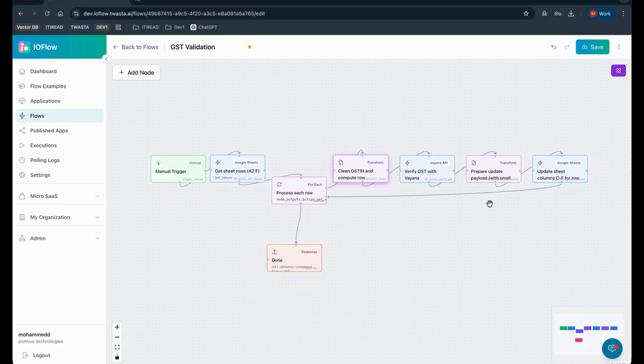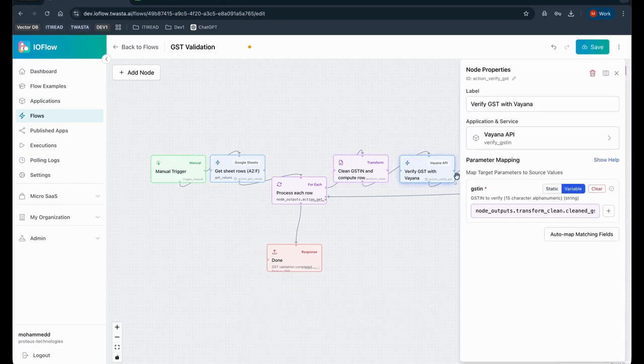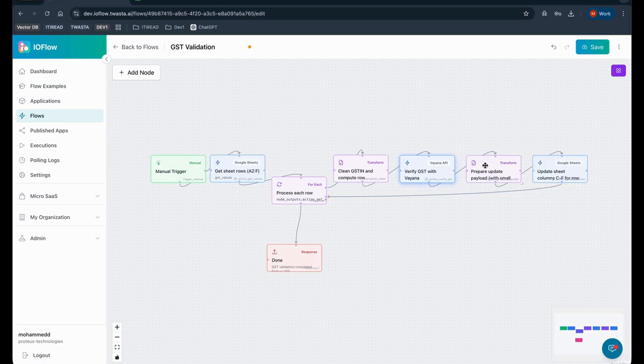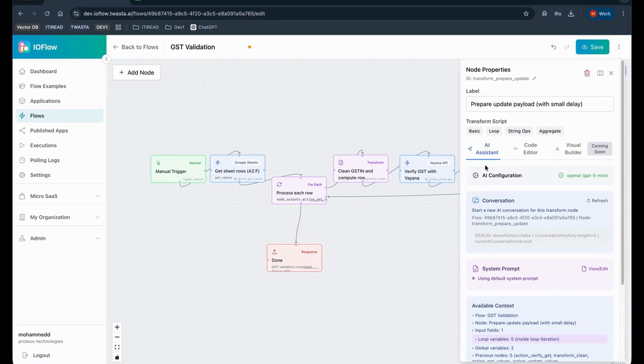Next, we reach the validation step. Here, we use the Vayana API action node. It takes the GST number from the previous node, sends it to the API, and receives verified business information in return. The response from the API contains a lot of data, so we use another transform node to extract only